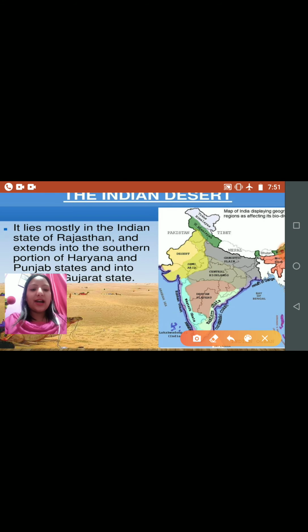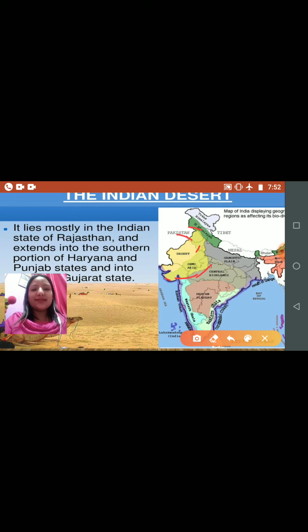This Thar Desert is hemmed by the Indo-Gangetic Plain in the western part, the Aravalli Range in the southeastern part, the Punjab Plain to the north, and the Rann of Kutch to the south. It occupies the whole of northwestern Rajasthan and stretches into Pakistan also. It is a low-lying plain covered by a sea of sand.